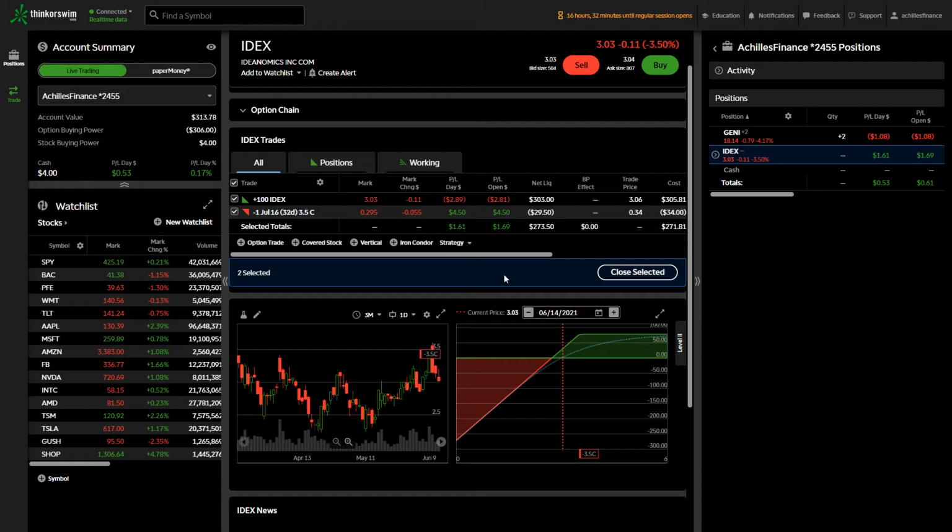So the idea behind this is, if the stock goes all the way up and I walk away with a $78 profit, that still means that I will be walking away with just north of 20% return in under a month. Whereas if I don't sell the stock at all and the stock ends up going down, I still collected 34% profit, or $34, which on my initial investment of $306, we're still looking at right at a 10% return